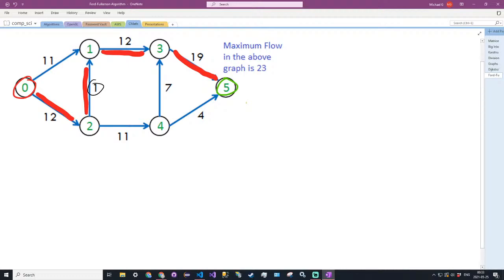So if we wanted to send along the path 0, 2, 1, 3, 5, we can only send a maximum of 1 unit of flow along this path,